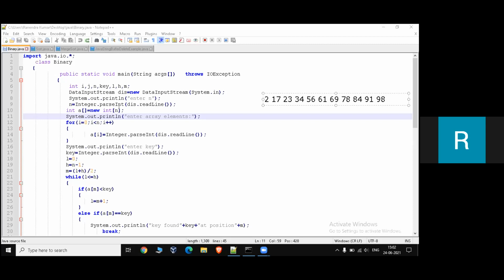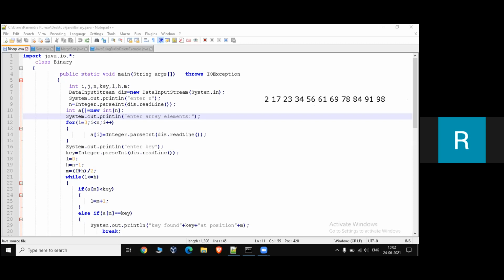I initialize an array with the length n. This is the statement for understandable purpose, and this is used to read the inputs to the array. Here lower bound is assigned to 0 and higher bound is n minus 1. Next we need to find the mid value.